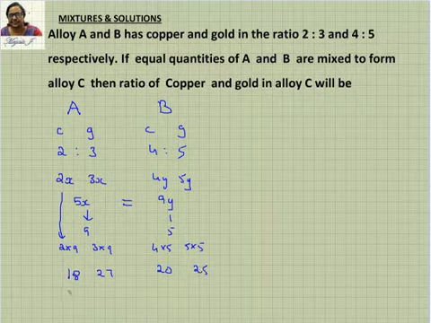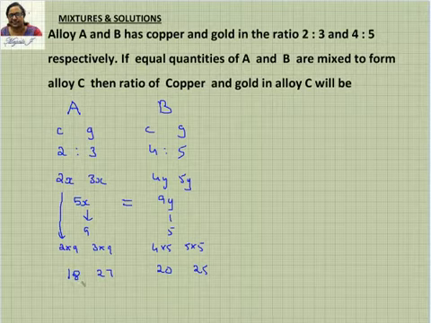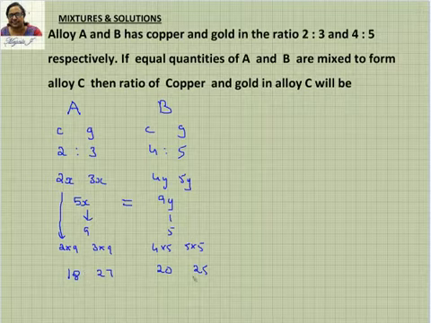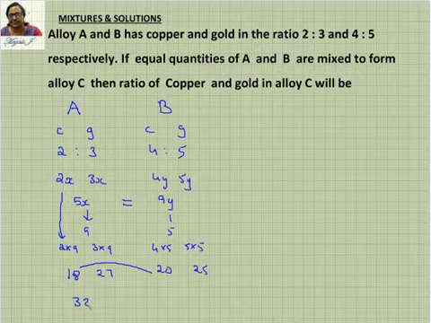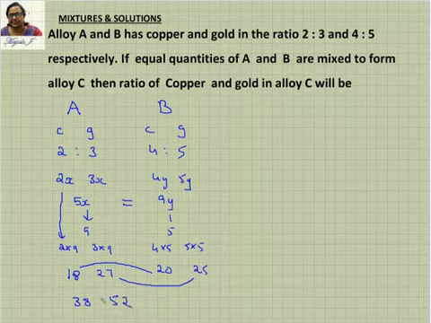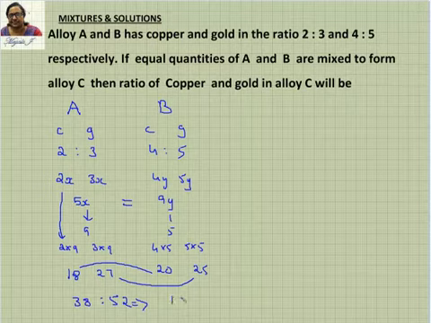And now you know that if you consider the copper part alone, when you add these two, you can see what is the value here. You are getting this as 45 and here also it is 45. So that means equal quantity you are adding. And now you just take only the copper part. Copper part is nothing but just add these two. It's going to be 18 plus 20 is 38. Similarly, add this gold part. 27 plus 25 is 52. So this is going to be your ratio. Again, simplify this. Remove the common term 2. Then 19 is to 26. That is going to be your answer.